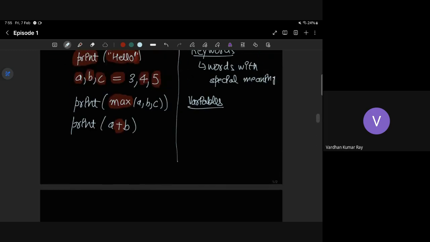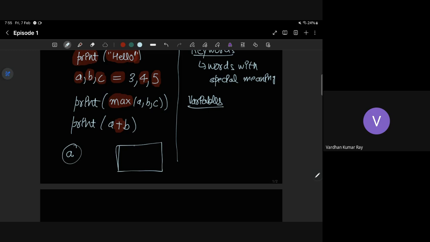So what happens in CS is, if I have a variable name and I have some space in the computer, here is a space in the computer, like the CPU, which has stored the value 3, right? And this variable A will just point to that space. It's not pointing to the value, it's pointing towards that space. And this interpretation changes according to the language. If you are doing some other language, what the variable does changes.